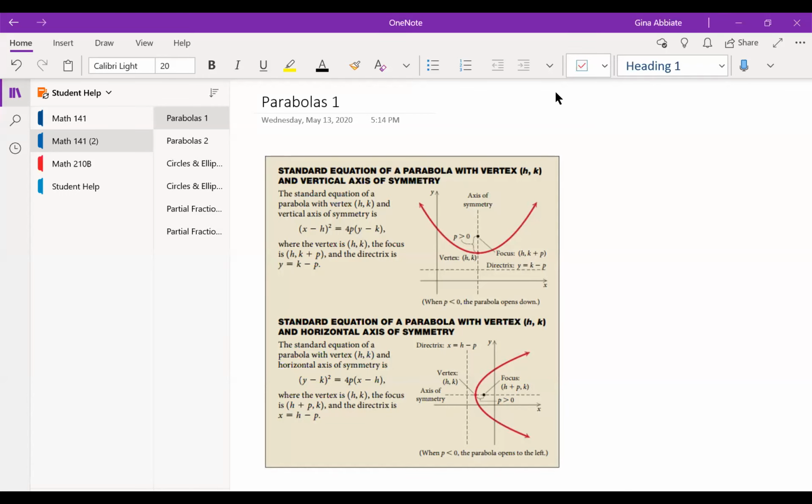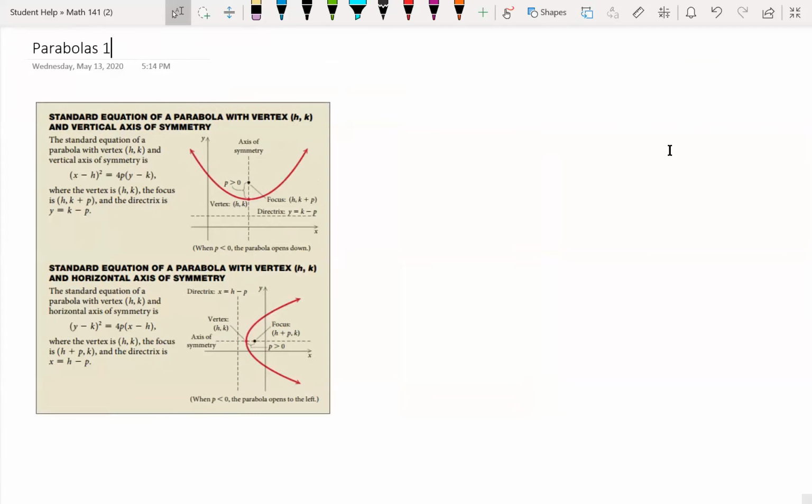Hello, this is Professor Gina, and this video is going to cover some of the advanced techniques related to parabolas. I know that many of you have probably seen and graphed parabolas in your algebra classes in the past, but we're going to take a look at some of the more complicated ways that you can have the equations